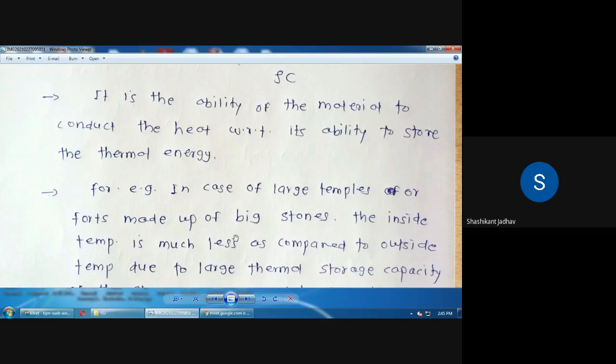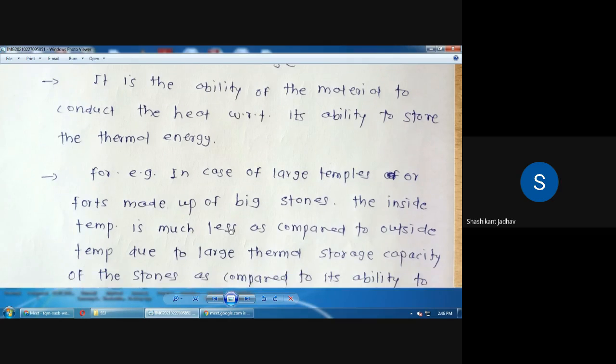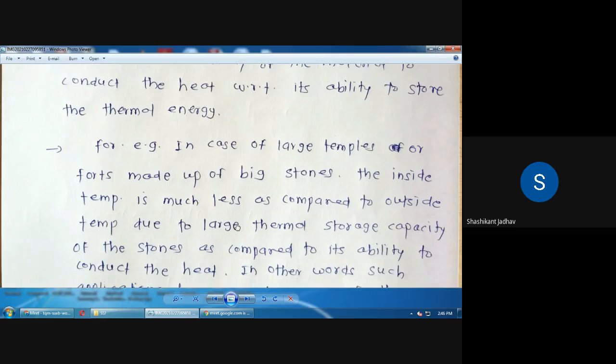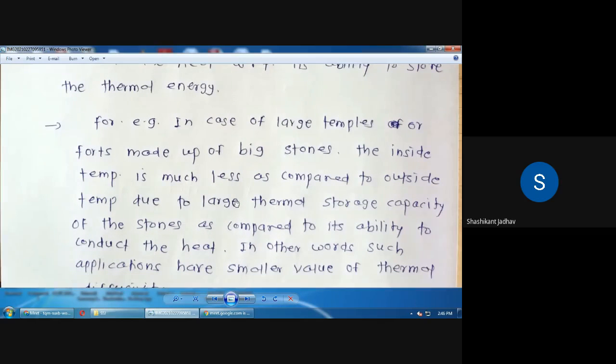तुम्ही जर आतमध्ये गेला मंदिर किंवा फोर्ट्स मध्ये तर तुम्हाला थंड वाटते. व्हॉट इज द रिझन बिहाइंड दिस? बिकॉज दॅट स्टोन्स विल बी स्टोअर द हीट ॲज मॅक्झिमम हीट स्टोअर इन दी stone as compared to the heat conducted into the temple. So because of that, whatever the big stones we have to using in the forts and the temples having काय असणार आहे? थर्मल डिफ्युजिव्हिटी काय असणार आहे? थर्मल डिफ्युजिव्हिटी स्मॉल असणार आहे.